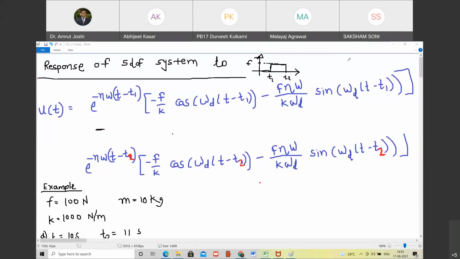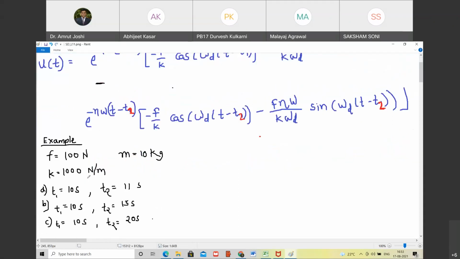And the response of a single degree of freedom system to this kind of excitation is shown here, that is U of T. So if this is a single degree of freedom system, let me draw it for visualization. This is K, this is C, and you are going to have mass M here. And we are looking at the response of the system U of T to the force which is shown by this graph. That U of T, that is x directional deformation of mass at any instant of time t, is given by this expression. We have derived this expression.